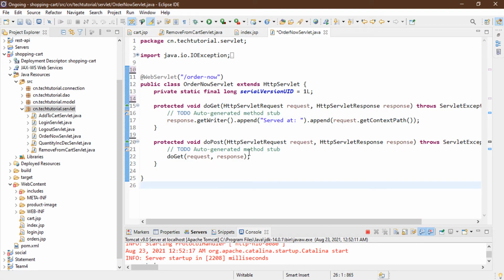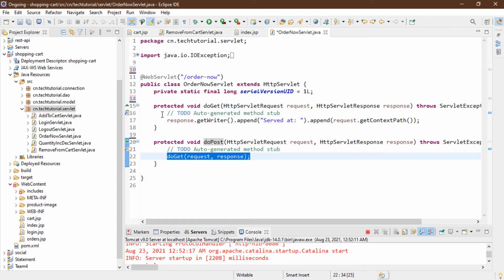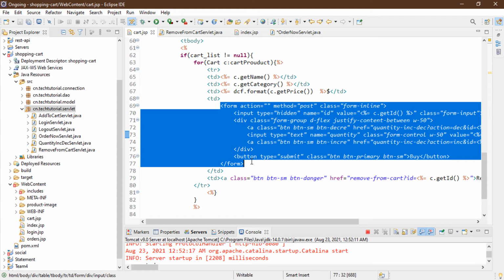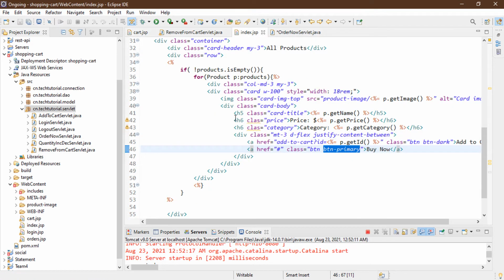In our servlet, you can see that our doPost method is calling our doGet method. So I am keeping it as usual. I am not going to change anything here, I am just going to work on the doGet method. You may ask why this is, because from our cart page we are submitting a post method, but from our index page we will submit a get method, because we will pass the id and the link through the parameter.